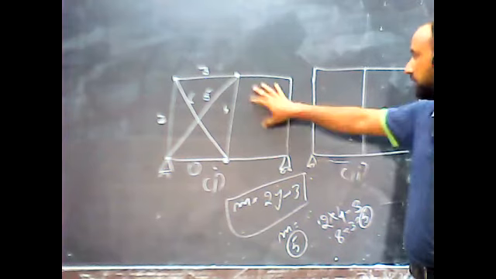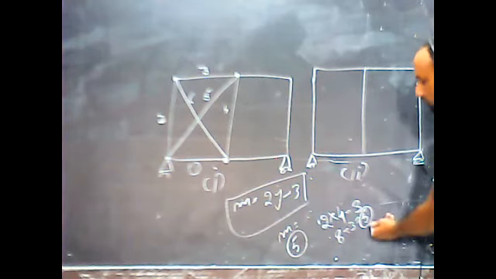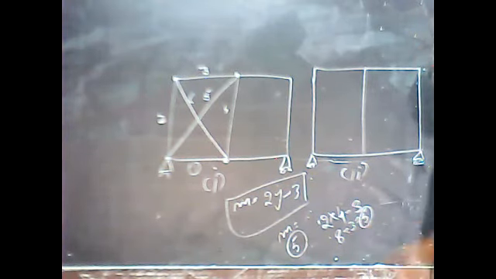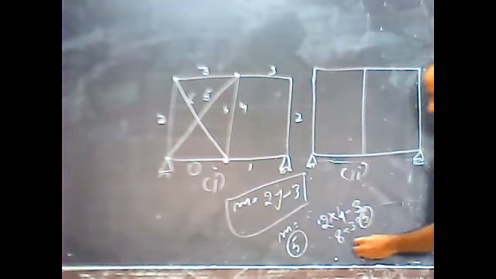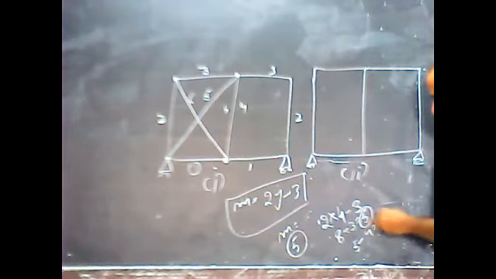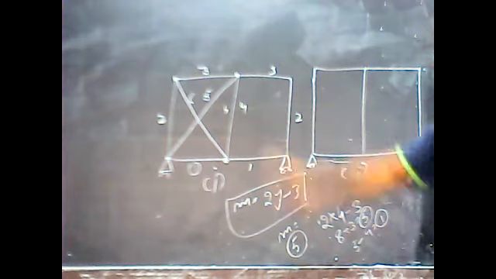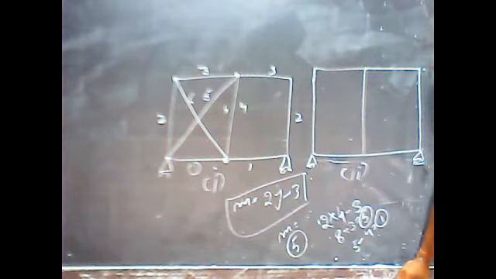Let's calculate for the right one. How many members? Only 5 is required. That remains the same. But here, 1, 2, 3, 4, only 4 members are there. So now the value is coming out to be 1 member required, meaning my structure is a deficient structure, because the required members are 5 but we have only 4. In that case I can say that the right panel of the first problem is considered to be a deficient structure. Clear?